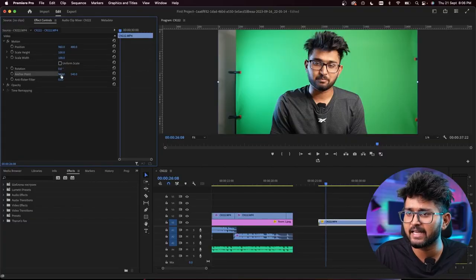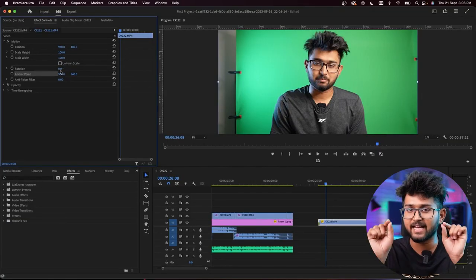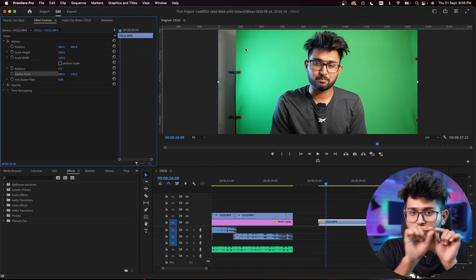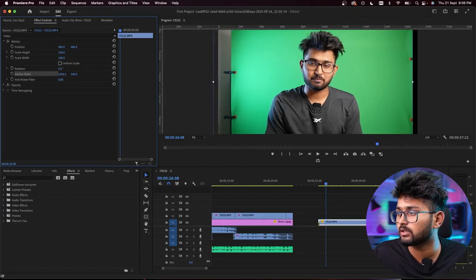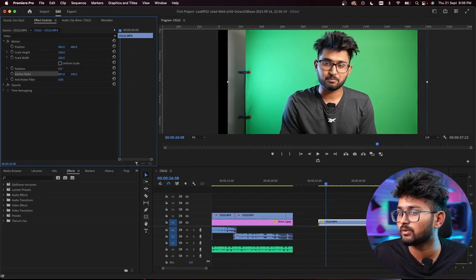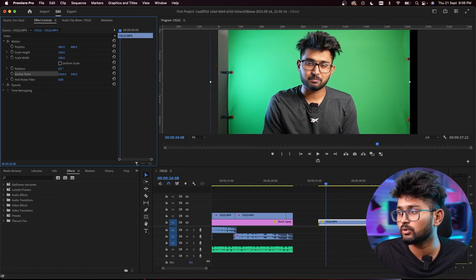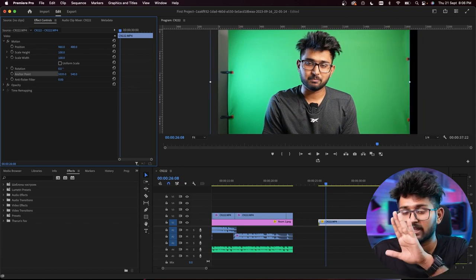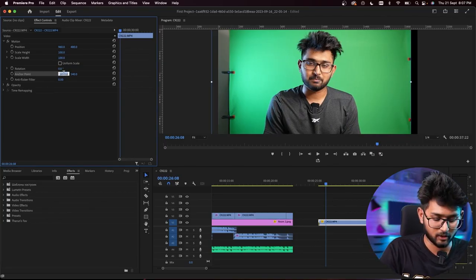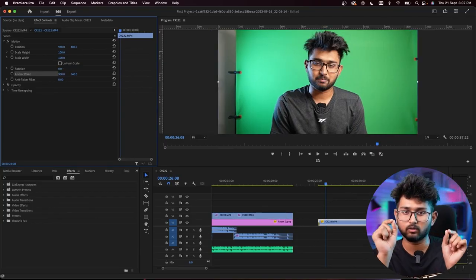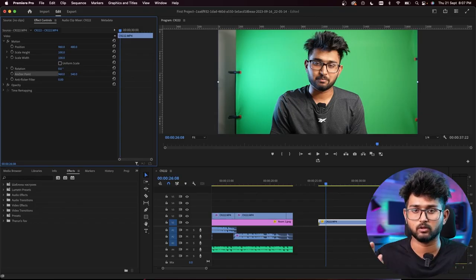Imagine this anchor point is in the center of the entire image, which is the same in this case. But imagine I change it to here. See, I move it right, so the anchor point also moves right. That's why the image is moving to the left. You understand? Let me just get it back to 960. It's a bit complex, not just a normal one.